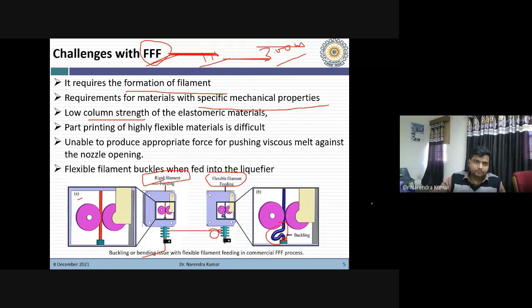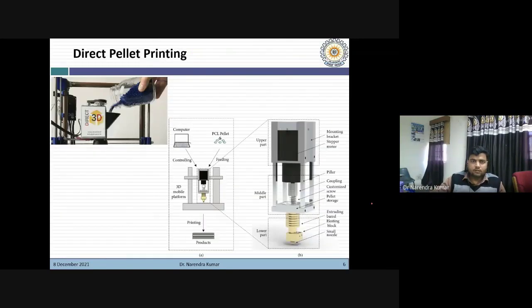Now let's move to direct pellet printing. In some cases, because today this is based on organ 3D printing, or in a more simplified manner, people are talking about the biomedical application of 3D printing.